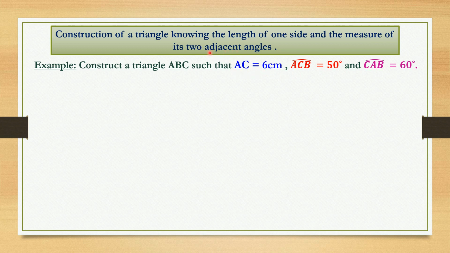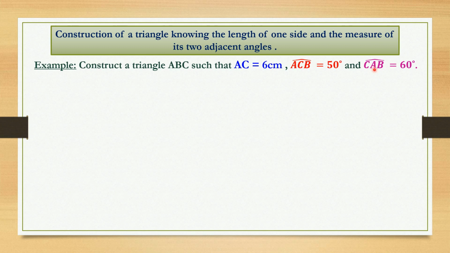Here the word adjacent has a completely different meaning than in two adjacent angles. Here, two angles adjacent to a side means the vertices of these two angles are in fact the extremities of this side. Here AC has points A and C as extremities,